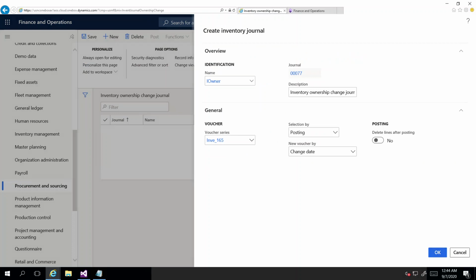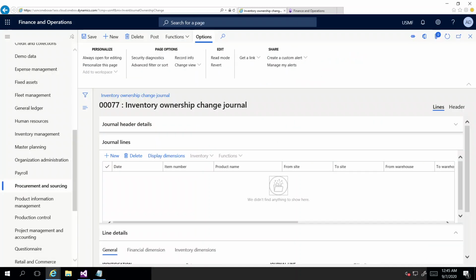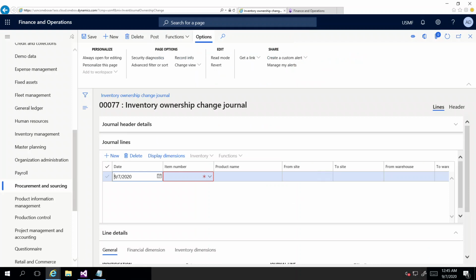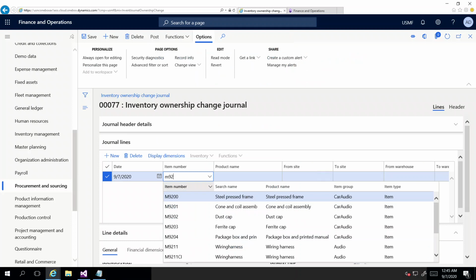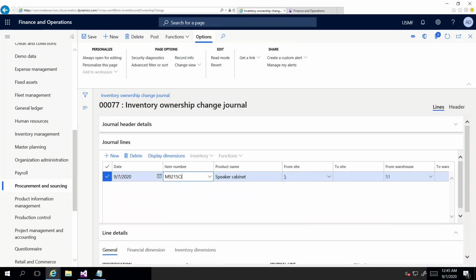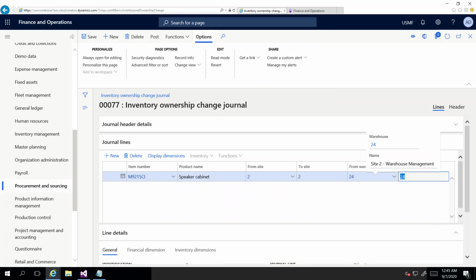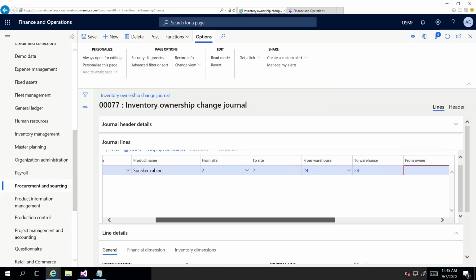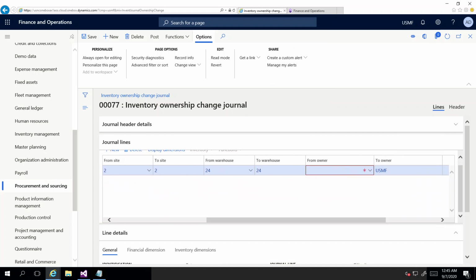So you just click OK, click new, select the item, and the owner is,